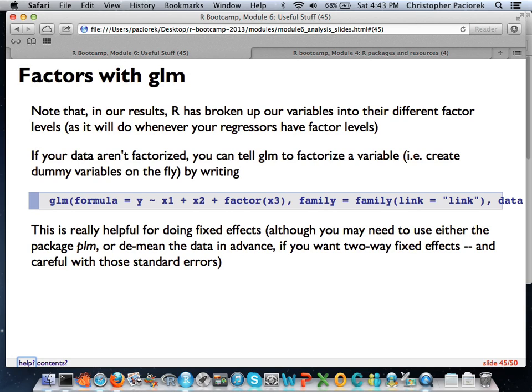And if you want to do two-way fixed effects, there are ways to do that. Probably you don't want to do more than one factor up here. You want to do some sort of demeaning. But again, you have to be careful with your degrees of freedom adjustment. This is just technical detail in case you're really into fixed effects, but I can send you some resources if you're interested in doing more with that, specifically about the plm package.